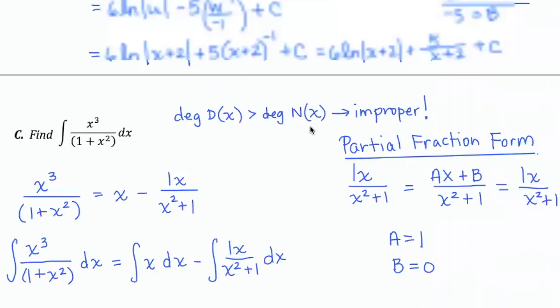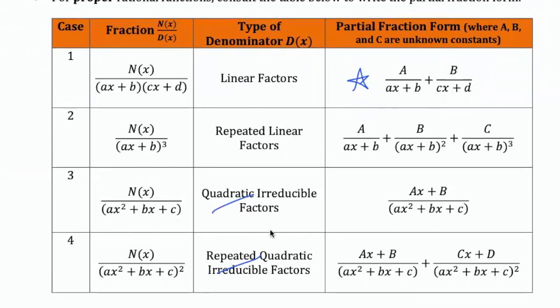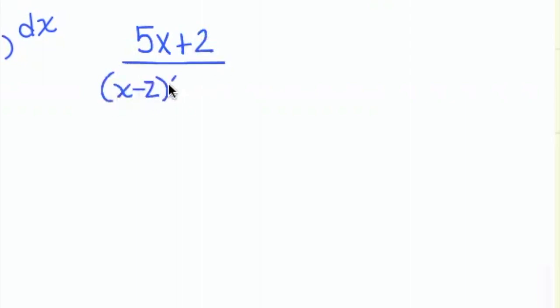So when we consult our table of partial fraction forms, we don't have a quadratic irreducible. We had a quadratic that was reducible. We were able to write it as linear factors, and they don't repeat. So we're looking at the first case. So I'm going to perform the partial fraction decomposition for 5x plus 2 over x minus 2 times x minus